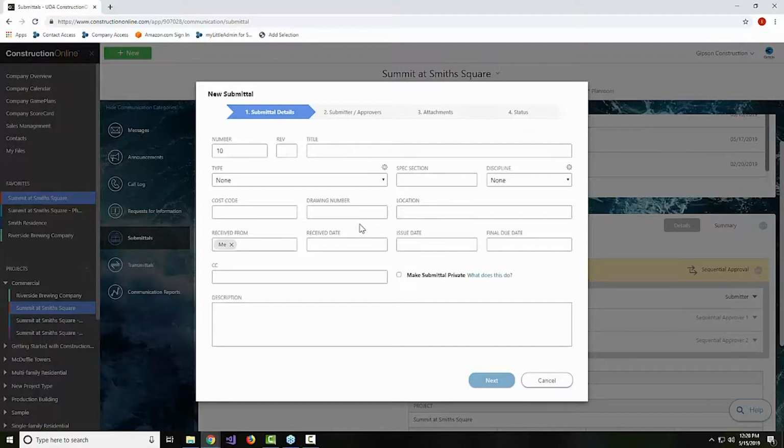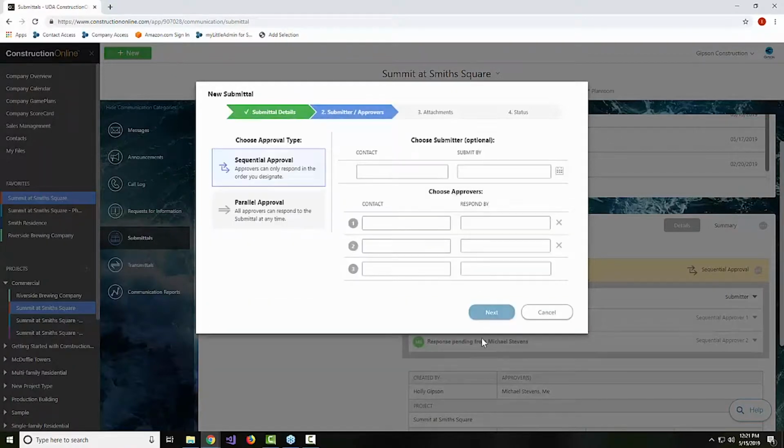So as we go through the next couple of steps, as we're creating our submittal here, we would just, let's see, have a title maybe that we've given this. We're just going to do it for tile. So maybe we need a material sample here. We would be able to fill that form out, and as we get to our next step,